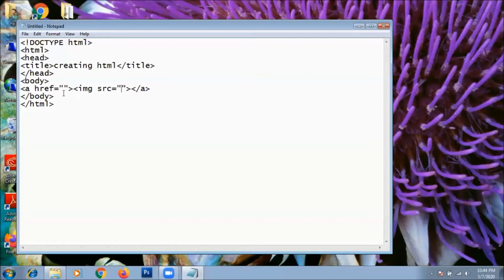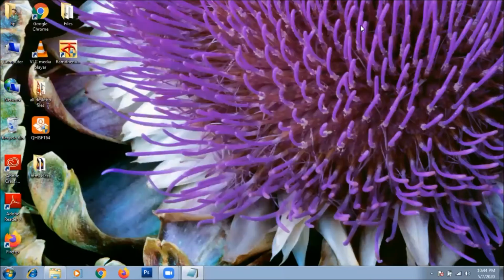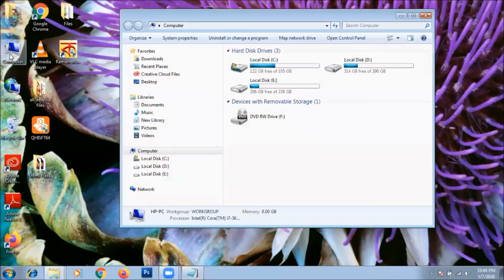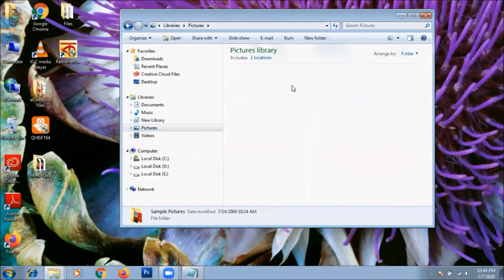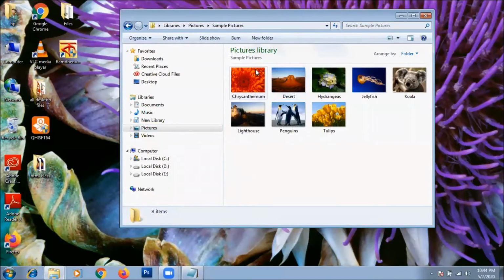Now we'll have to put the file name as well as the image name here. So I'll show you, minimize it, and at first we'll go to the image and search for the image in the computer. As usual, go to the sample pictures. Let's say we'll insert this image.